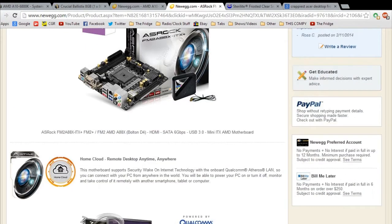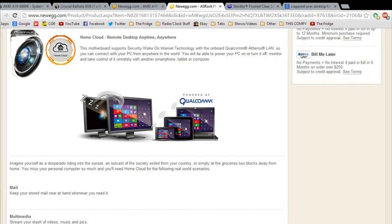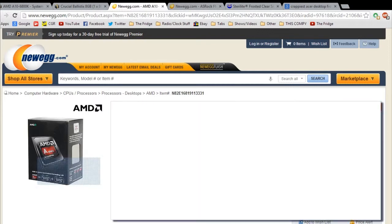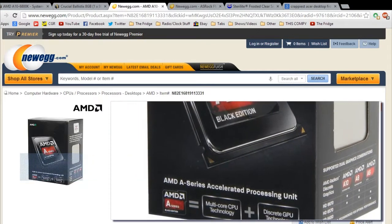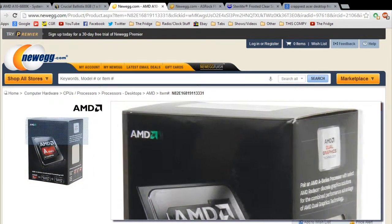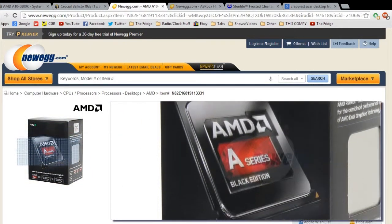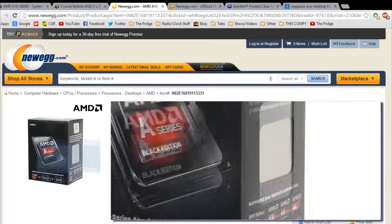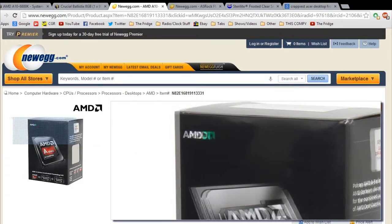The APU that I chose with this is the A10 6800K Richland, 4.1 GHz or 4.4 GHz turbo, socket FM2, and it's a 100-watt quad-core processor. Plus, it has the 8670D in it, which is a 384-core processor, so it is essentially equivalent to the GT630,